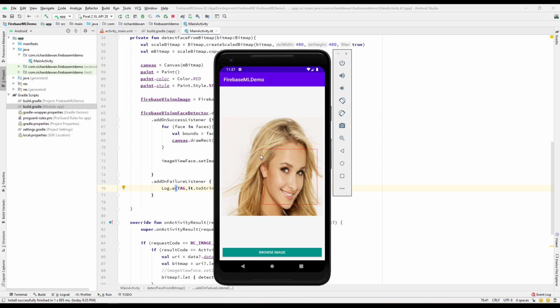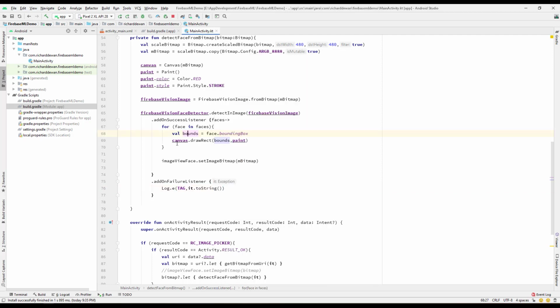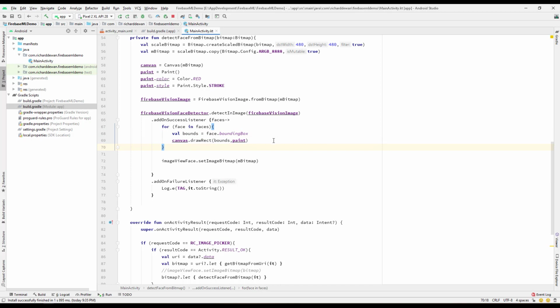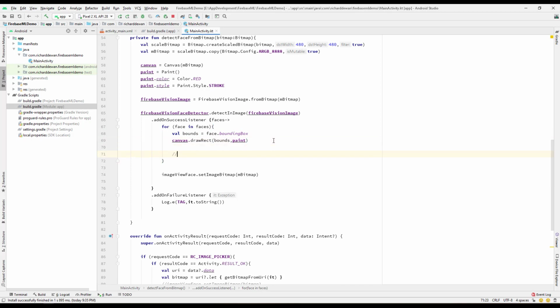And in the previous lesson, we had drawn a rectangle box over here to the face using the bound over here, and we draw using a canvas. So the next would be to detect some of the other options. Let's detect the ear that we have over here. So what we will do is inside this for loop, we will get the, let's say,